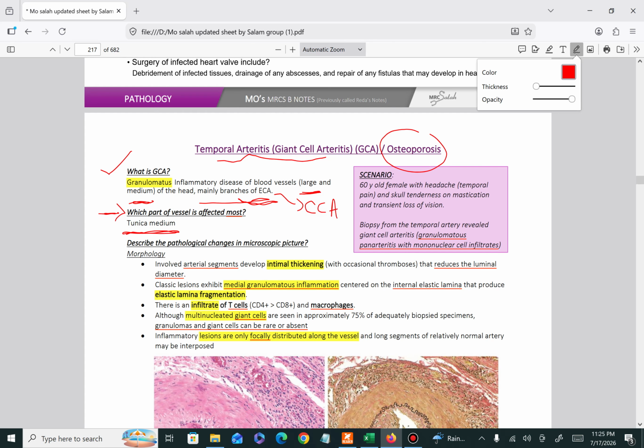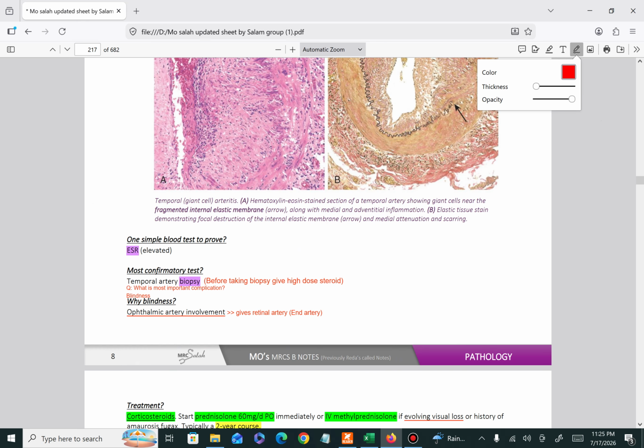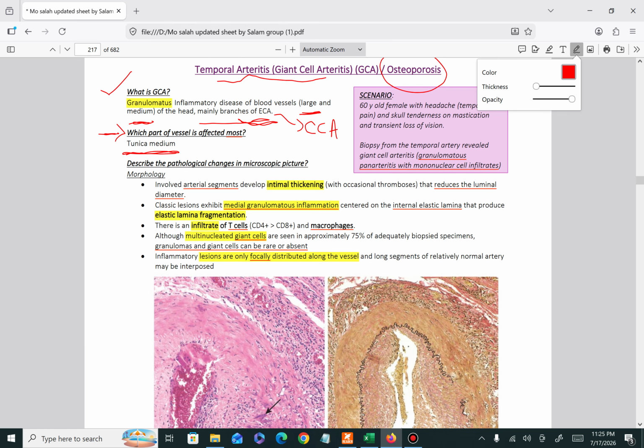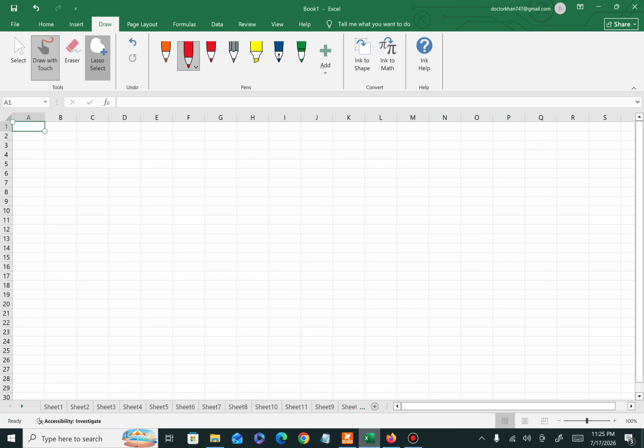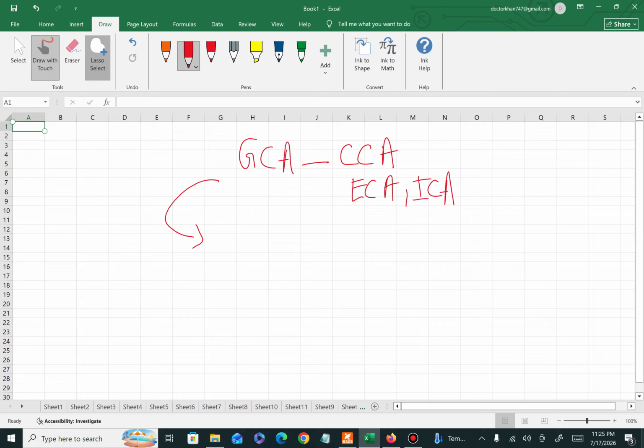temporal arteritis. Okay, so what will be the clinical features? The clinical features of giant cell arteritis, as it involves the branches of the common carotid artery, can be external carotid artery or internal carotid artery. Okay, so when it involves these branches, the clinical features can be unilateral headache,